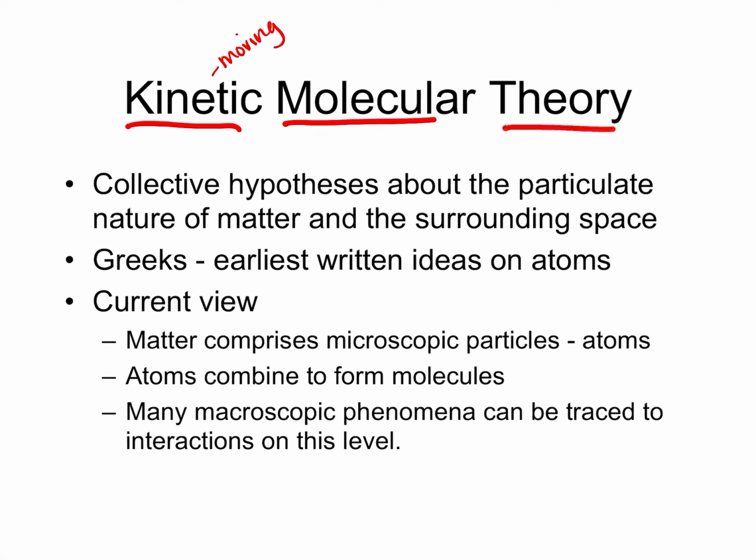And if it's a theory, that goes back to chapter 1, where we have a lot of evidence that points towards this idea, but we can't really see it. So that's why it's a theory. If we could prove it, then it would be considered a law, but we can't really prove this because we don't have a microscope that can actually see this happening. So what it is, it's a hypothesis about